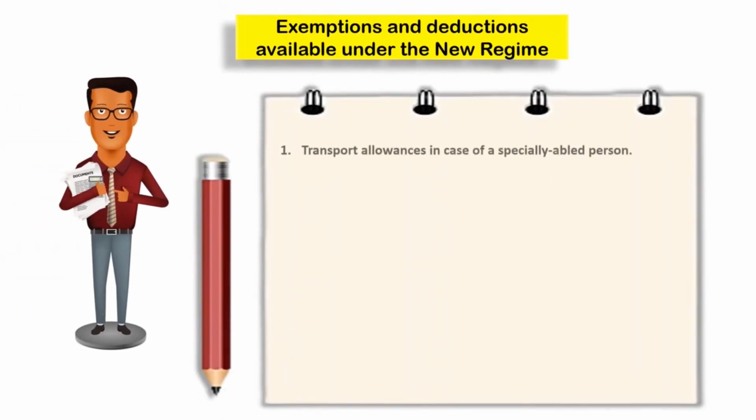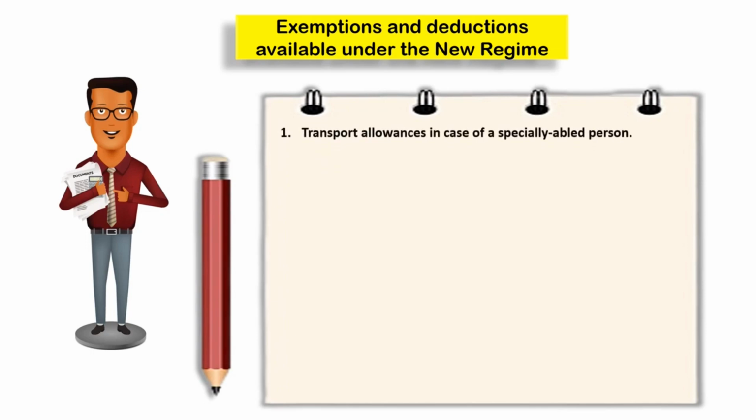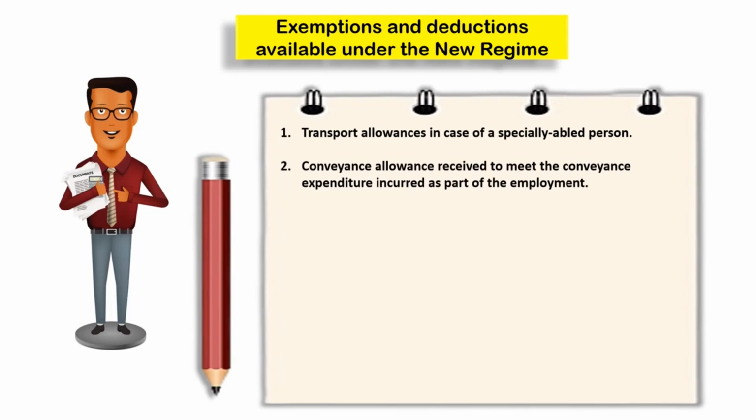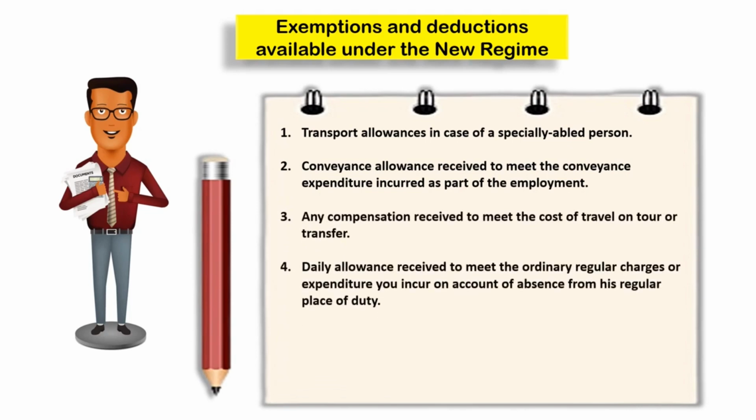That is, transport allowance in case of a specially abled person, conveyance allowance received to meet conveyance expenditure incurred as a part of employment, any compensation received to meet the cost of travel on tour or transfer, daily allowance received to meet the ordinary regular charges or expenditure on account of absence from regular place of duty, perquisites for official purposes,